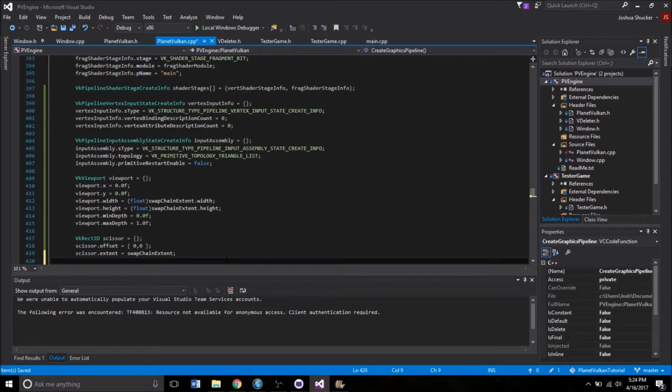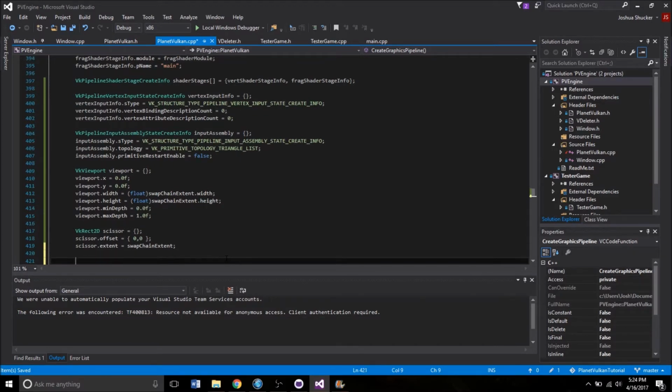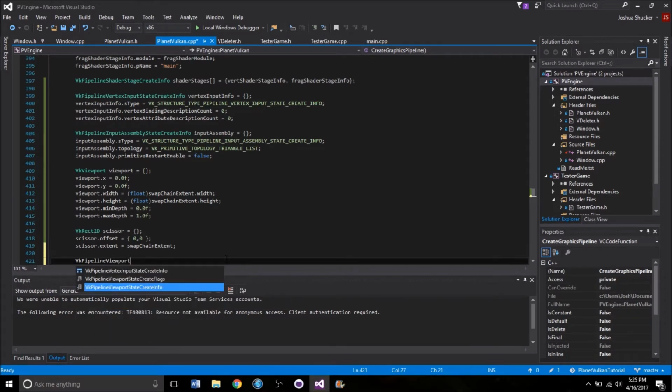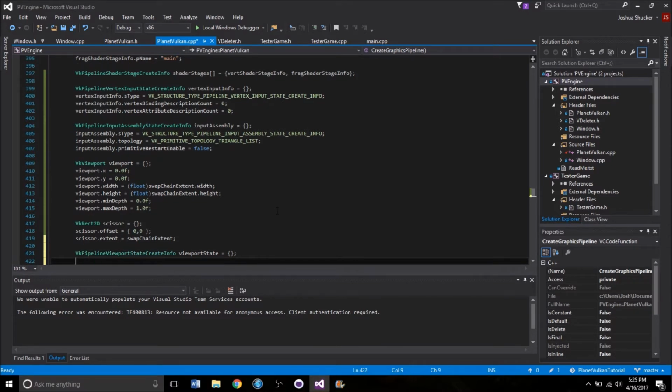Now, both the viewport and the scissor rectangle are part of a larger object, which is the viewport state. So we need to declare a CreateInfo for this as well, and then assign the previous CreateInfos to it. So we're just going to go ahead and say VkPipelineViewportStateCreateInfo. We'll call it viewportState. Okay, so viewportState